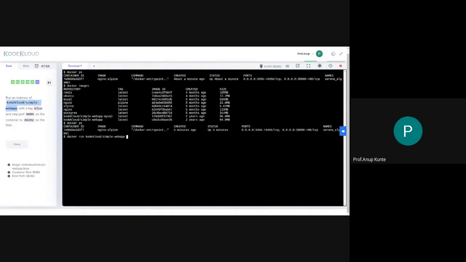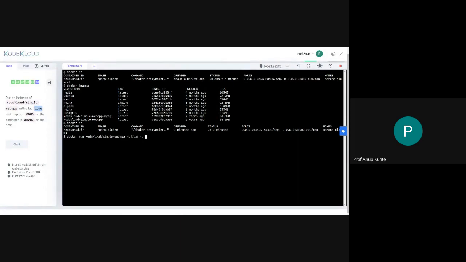But another thing that they have told us is I need to use a tag blue with this particular application. Okay, so here the blue tag image is not downloaded yet, so it will be downloaded in case we want it to be. So how to specify the tag? I guess the option to specify the tag is this, and I need to also specify the port because this is a web application, and since I'm using a web application, I should use a port mapping for it in order to map an external port to an internal port.